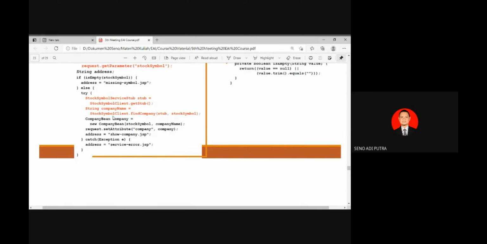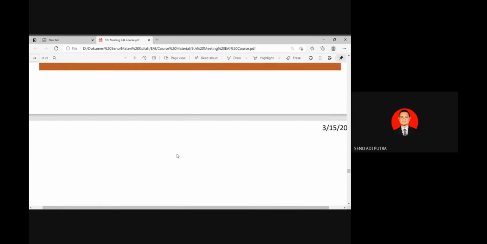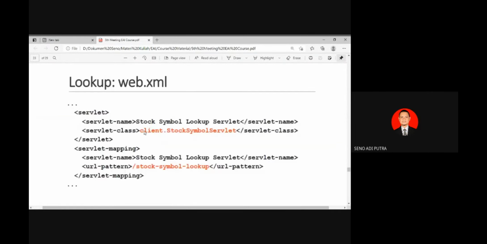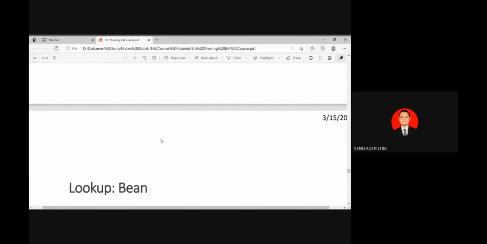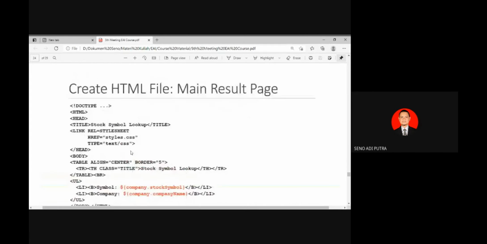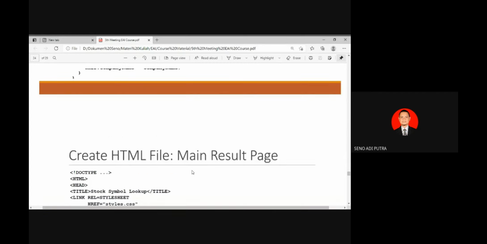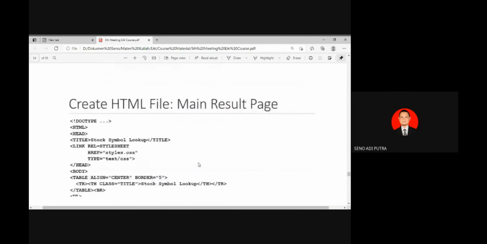If you change this name to perusahaan, for example, you can change it. So the variable company will be accessed from the JSP file. The extension of the file should be .jsp. This will call the company with its own variables: stock symbol and company name.